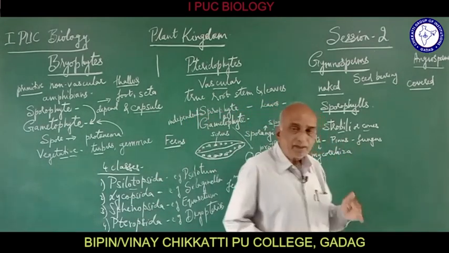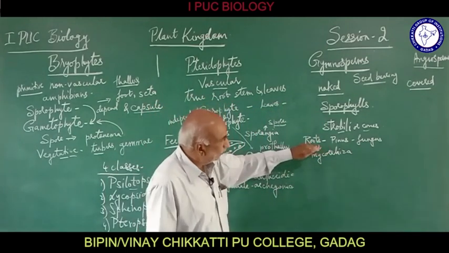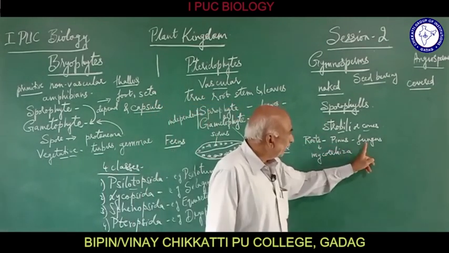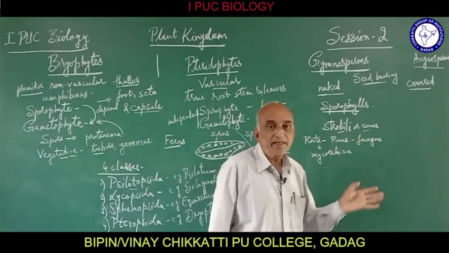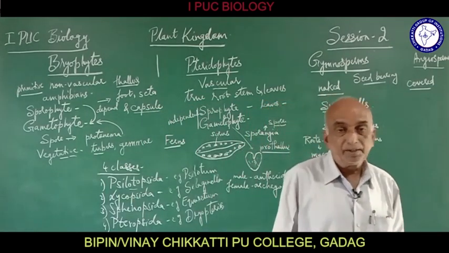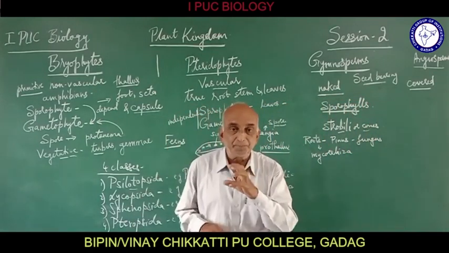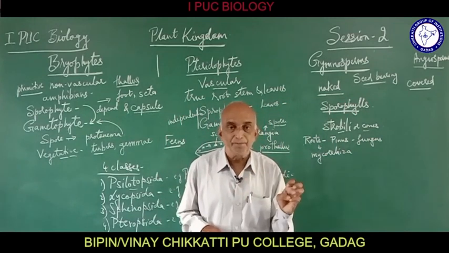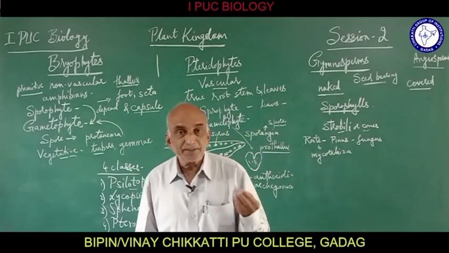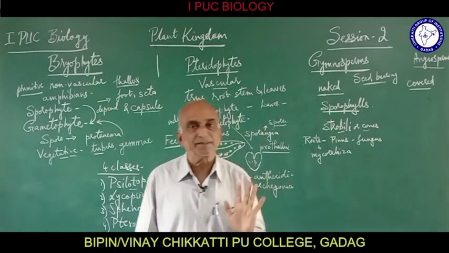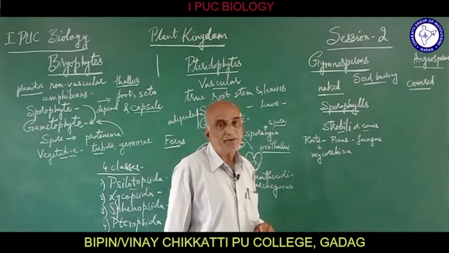So it is having a symbiotic association with the roots. So the fungus helps the plant, the plant helps the fungus. Just like in the leguminous roots, rhizobium, same. So the fungus helps in the absorption of the minerals from the soil, and the pinus root provides food and shelter to the fungus. This is symbiotic association, that is called as mycorrhiza.